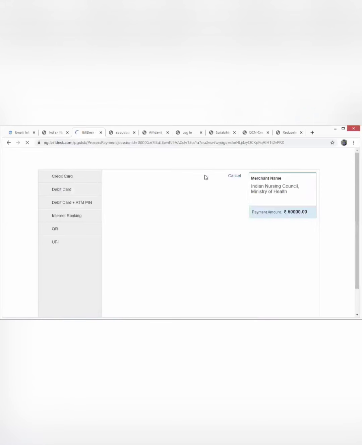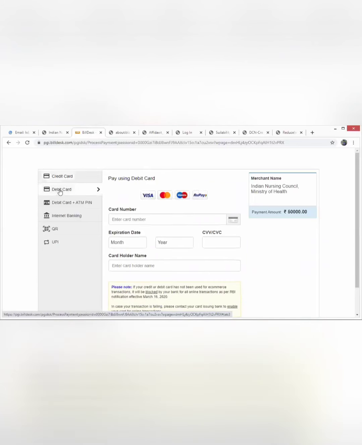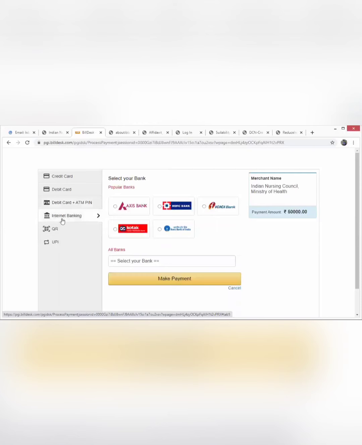Now when I click OK, it shows the formats in which we can pay. There are several ways of paying. One is through credit card, one is through debit card, one is through debit card plus ATM pin, and one is through internet banking. When you use internet banking, you can select any of the banks.